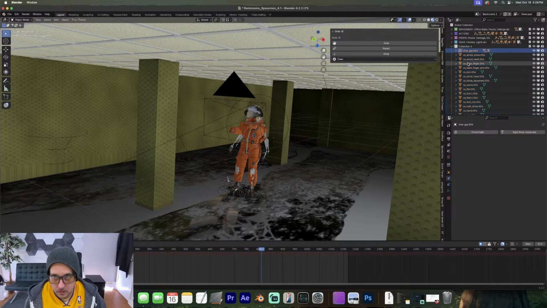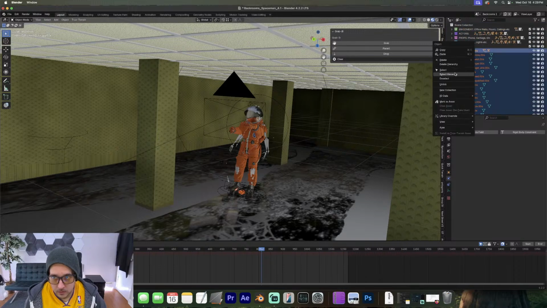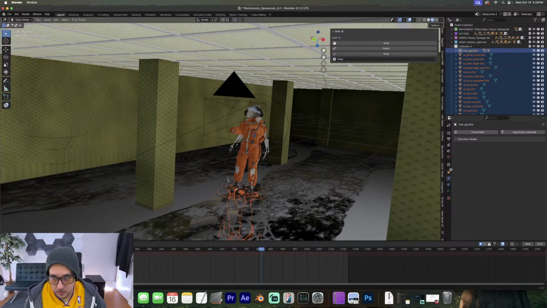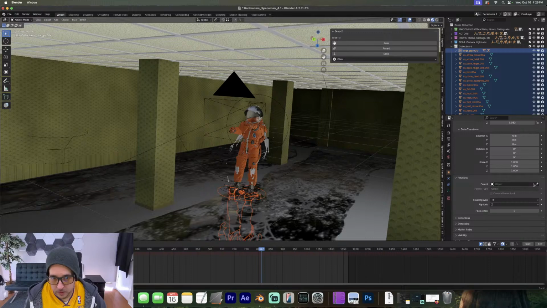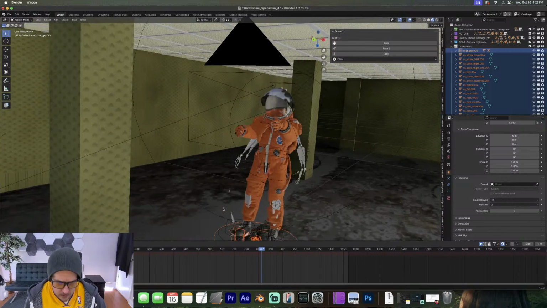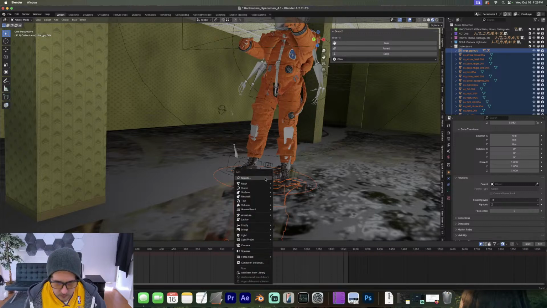Then select objects, select hierarchy, go to my transform, go to parent, and we want to parent to, sorry, missed a step,